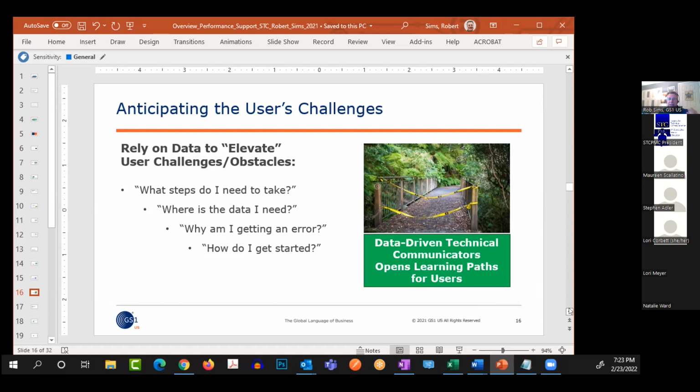What steps do I need to take to get my product a barcode, to understand what a GTIN is, to get it on an online reseller or in with a retailer? Where's the data that I need to enter this and get this done? They're getting errors. Why am I getting this? I don't understand the system error. What does this error mean? The error is telling me something, but I'm not 100% sure I know how to fulfill that and get past that error.